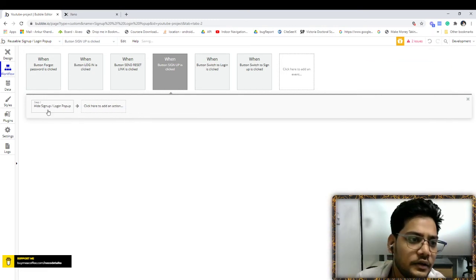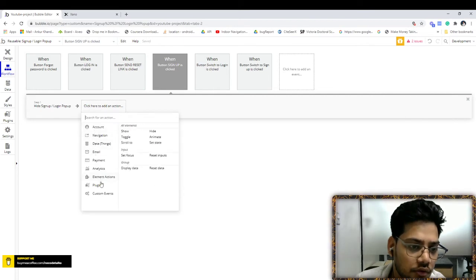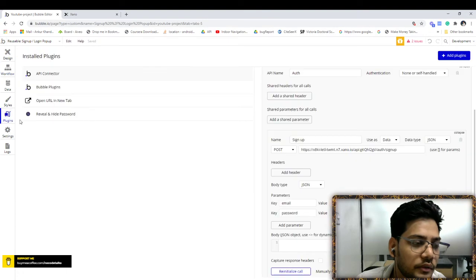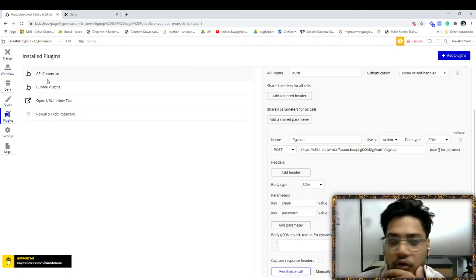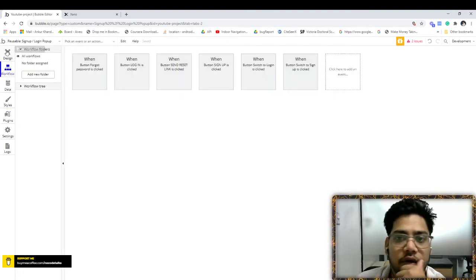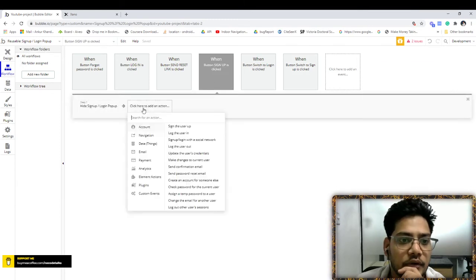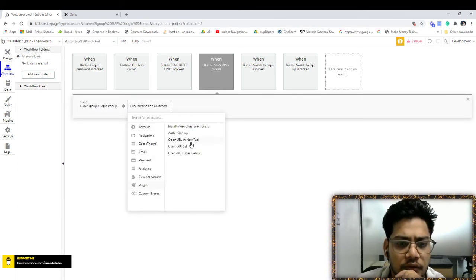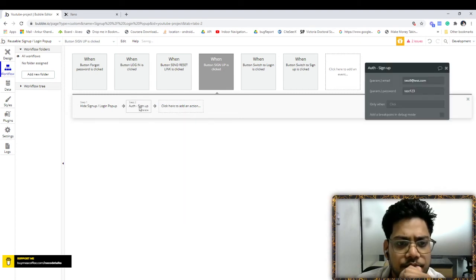We just delete it and create an action. Go in the plugin. Sorry, we have to make it a plugin action, not data. I already told you the difference between data and action. Click on sign up, add action, plugin, auth sign up.